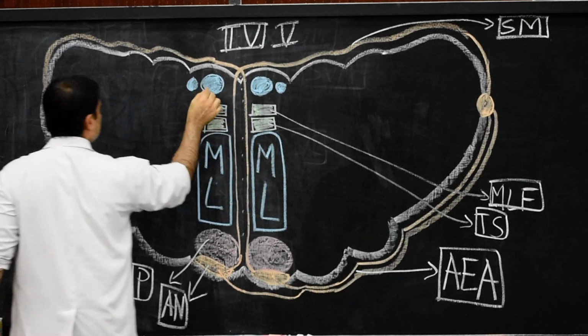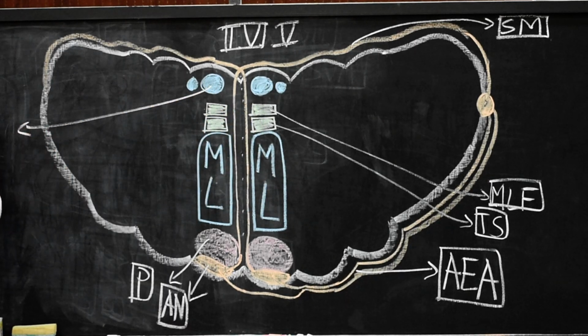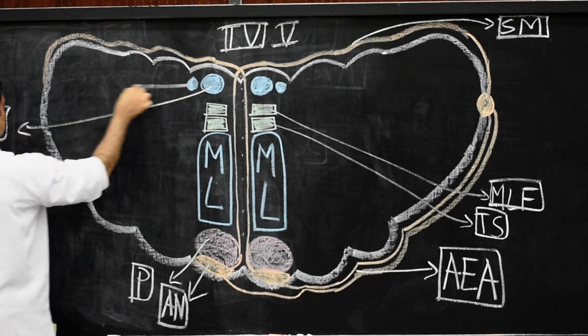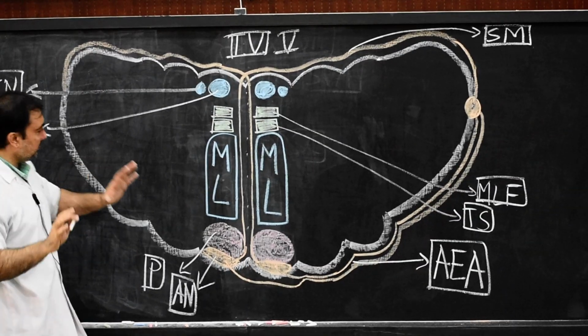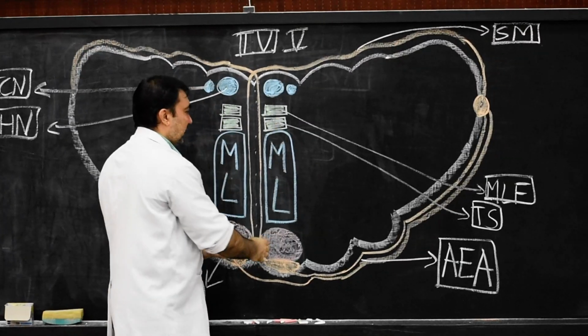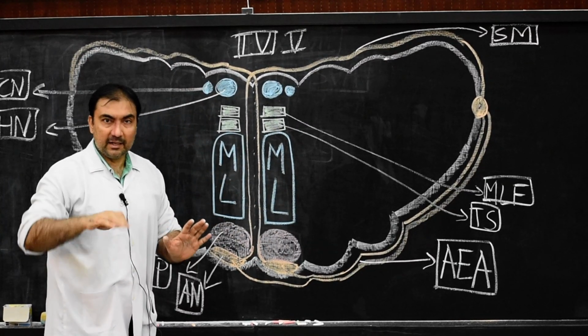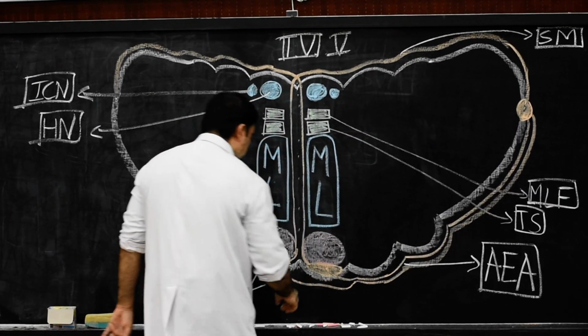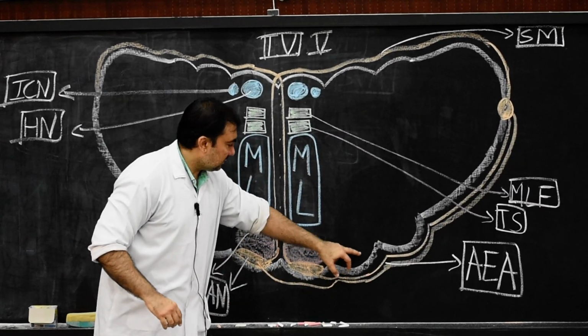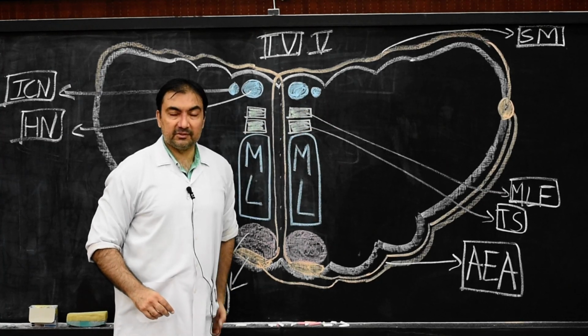Here we will mark on this side. This we will mark as the hypoglossal nucleus, and this structure we have to mark here as the nucleus intercalatus. By marking these structures we are completing the medial part of the level of this section. Now we start with the intermediate part. This intermediate part we have to start from ventral and then slowly complete it towards the dorsal.